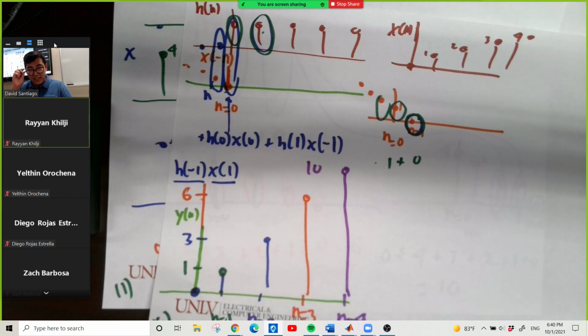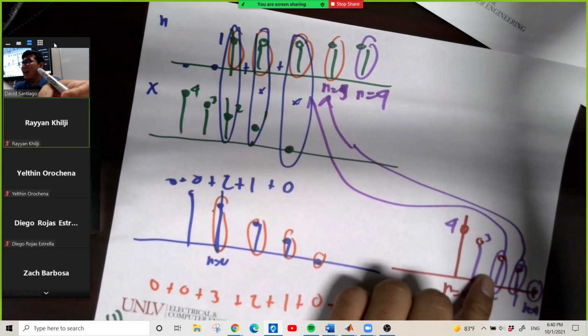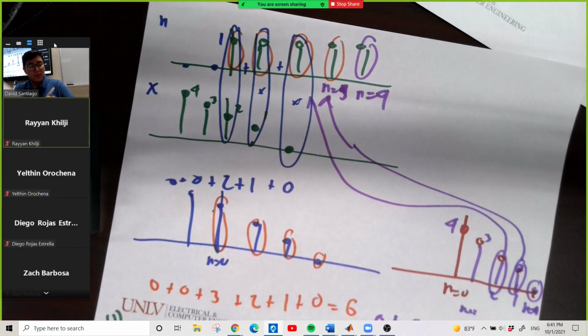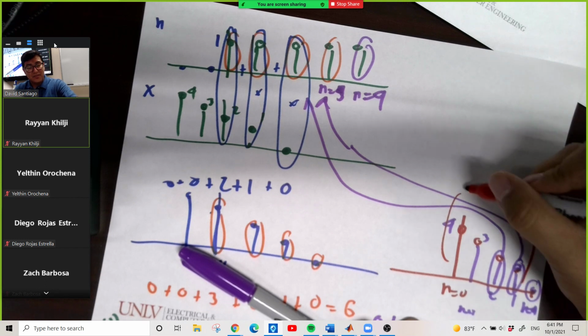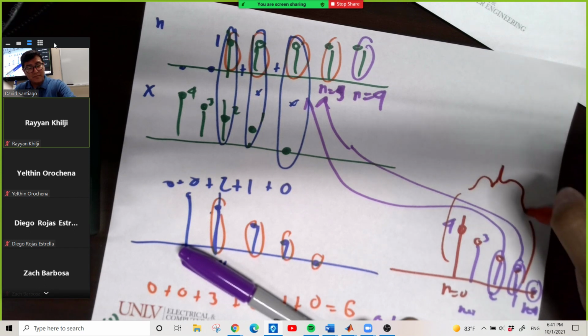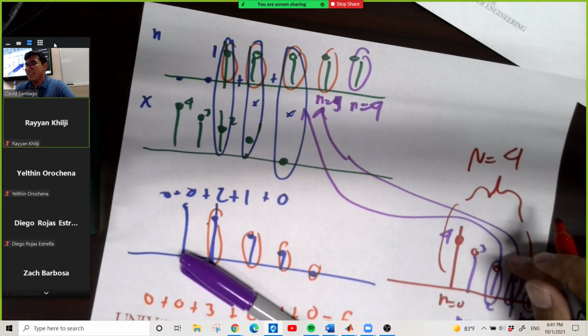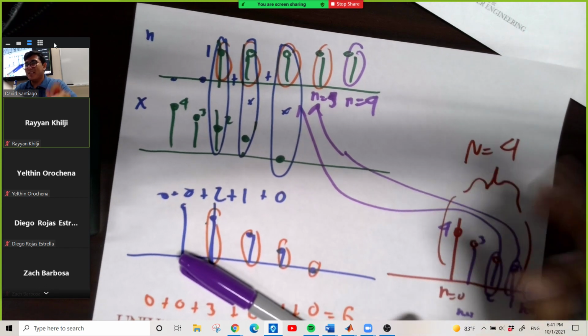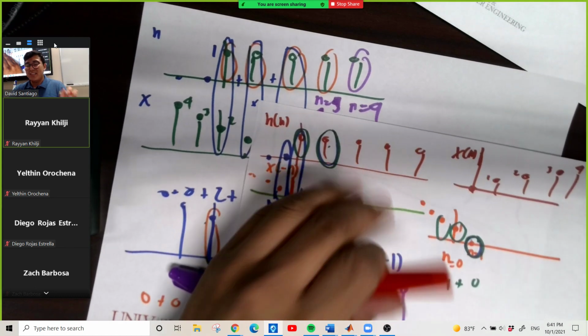So now what I want to get to everyone is, in reality, this signal is not a length of 5. It's actually a length of 4, because we're only focused more on this right here is data and this right here is data. So this right here is a length of 4. So there's only 4 data points. And we're multiplying these 4 data points into a unit step that has 5 data points. So what I'm trying to tell you is,